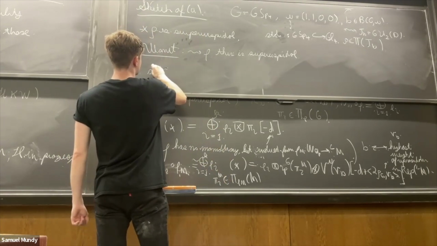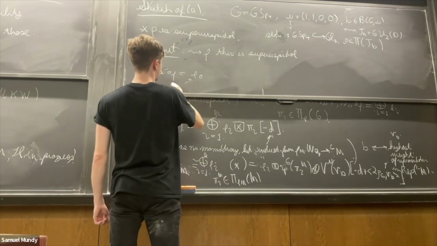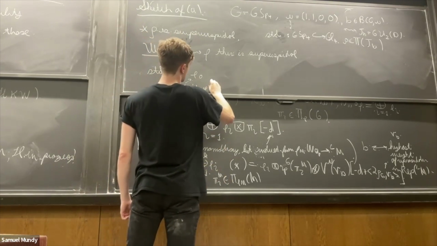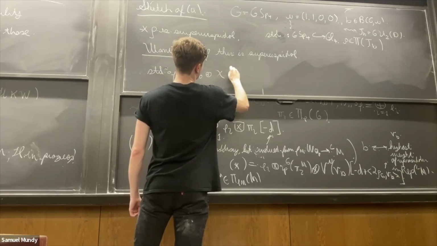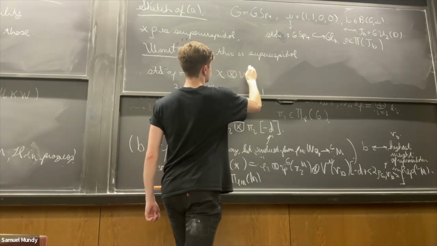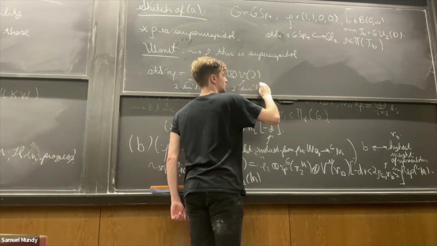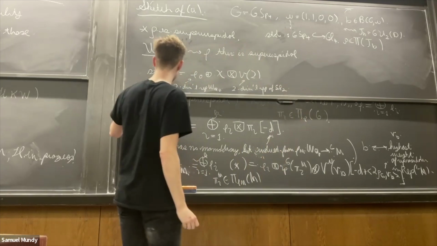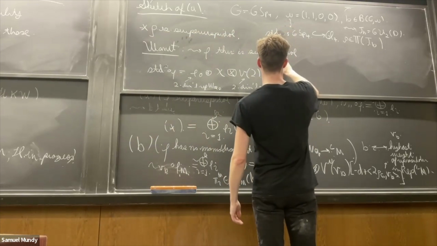So let's suppose that standard composed with phi breaks up as a two-dimensional representation of WQP, so no monodromy, direct sum with a character tensored by the unique two-dimensional representation of SL2. So we have monodromy. So this is not a supercuspidal parameter. So this is the quote-unquote sort of